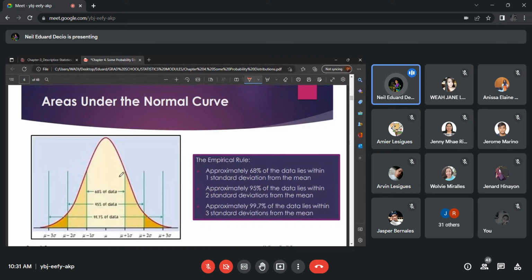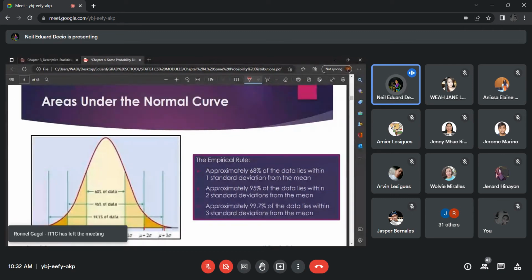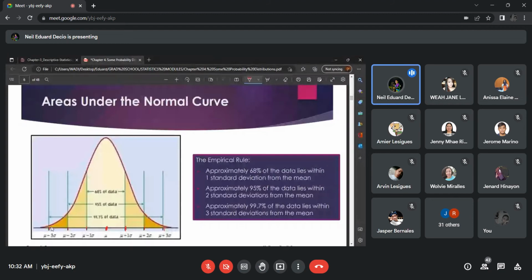So, di ba, these are the standard deviation, no? And this is the mean. So, sa middle. Sa right naman, we have the positive 1 standard deviation, positive 2, positive 3, tapos negative 1, negative 2, negative 3. Now, from negative 1 to positive 1 na standard deviation, according to this slide, that is actually 68% of the data. Okay? So again, that's 68% of the data from negative 1 to positive 1. And then, from negative 2 naman to positive 2 na standard deviation, that's actually 95% of data.